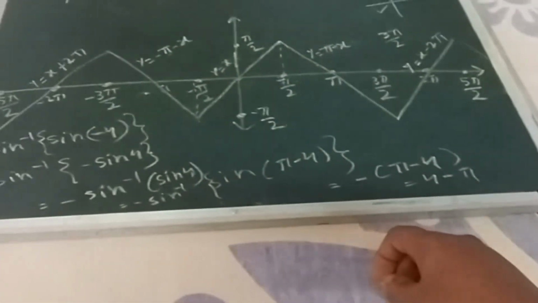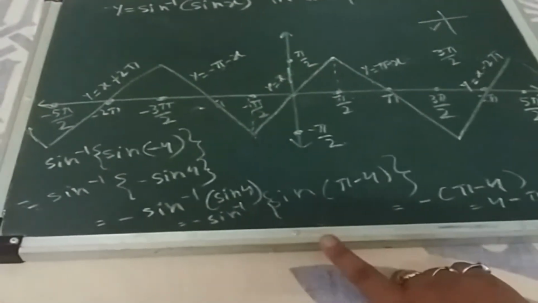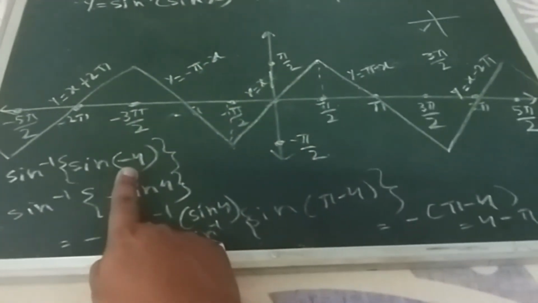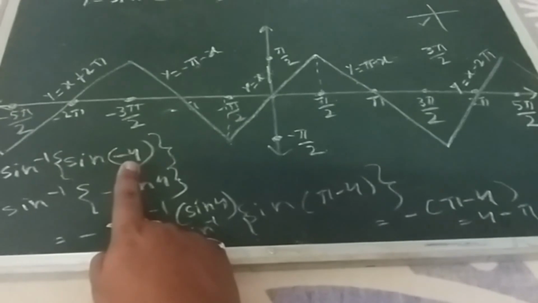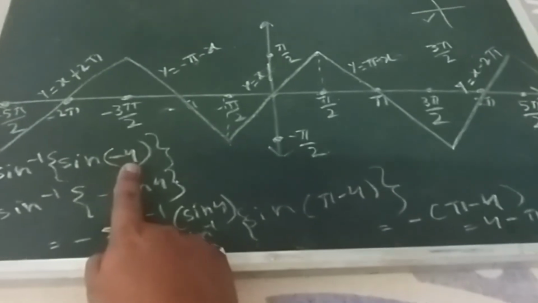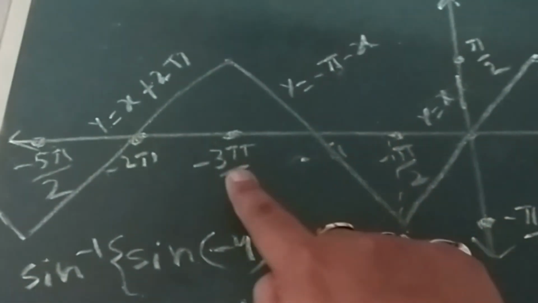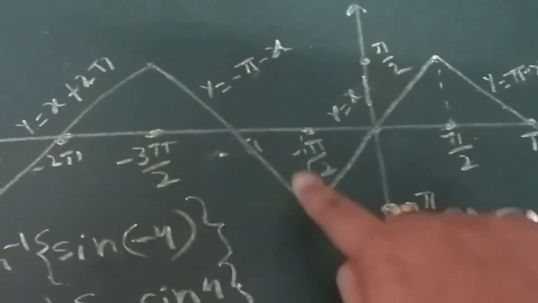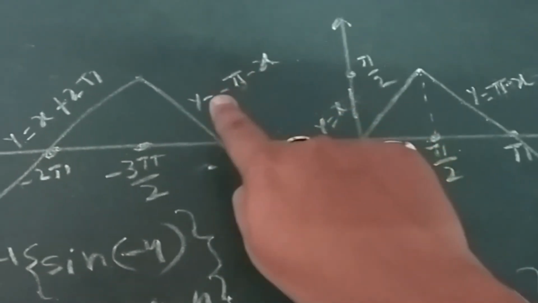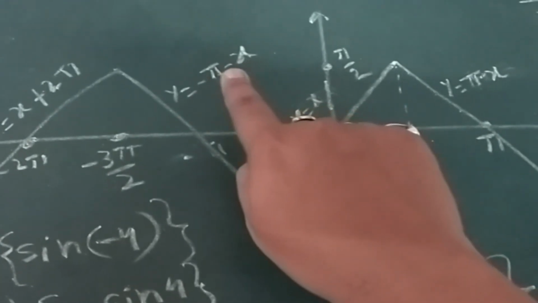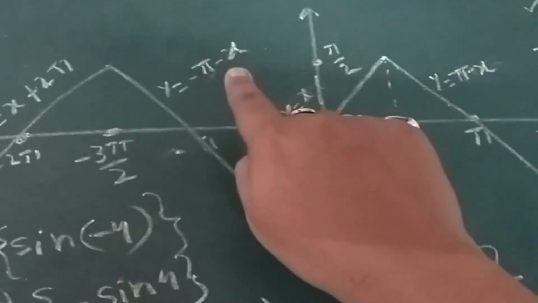So this way you can solve, or directly also you can solve keeping this angle negative, then this side we have to use. Okay, like minus 4 means you will get minus 229 degree. I have got 229 degree, but if I keep minus 4 I will get minus 229 degree, that will be between minus 270 to minus 180, minus 3 pi by 2 to minus pi, so it is coming down, this will be followed, minus pi minus x. So if this way I also do, then minus pi minus 4, okay, it will be minus pi and minus of minus 4, so it will be minus pi plus 4, so you will get the same answer.